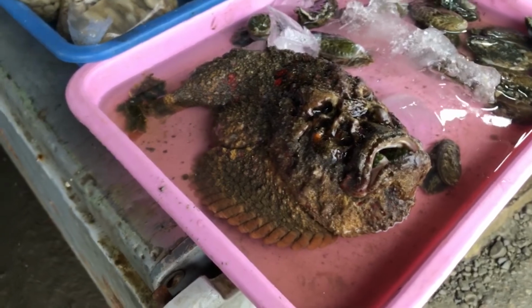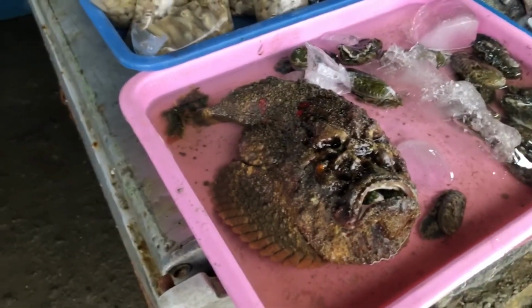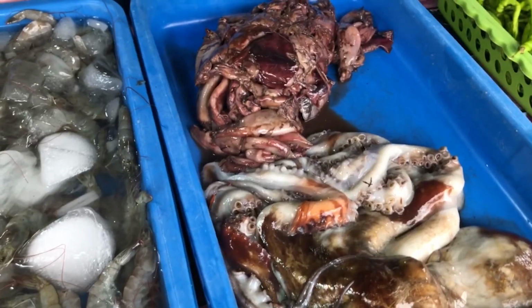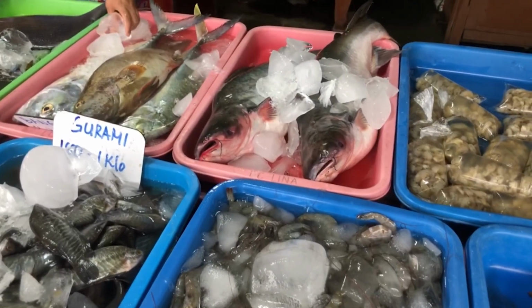Magkano yung isang isla mo niya? Yan ma'am, lahat-lahat po, 3 ma'am. Isang ko? 1 kilo ma'am. Sabi ko na, may sasawa tayo sa mga...